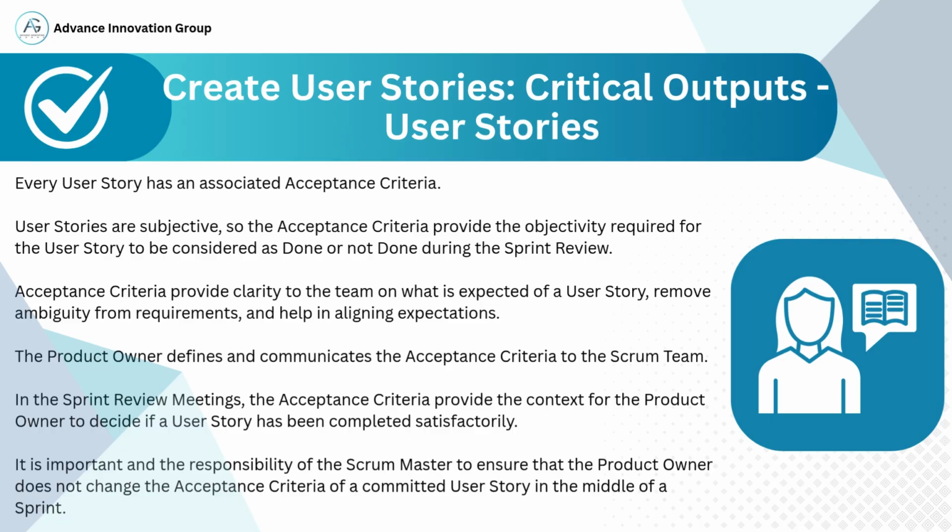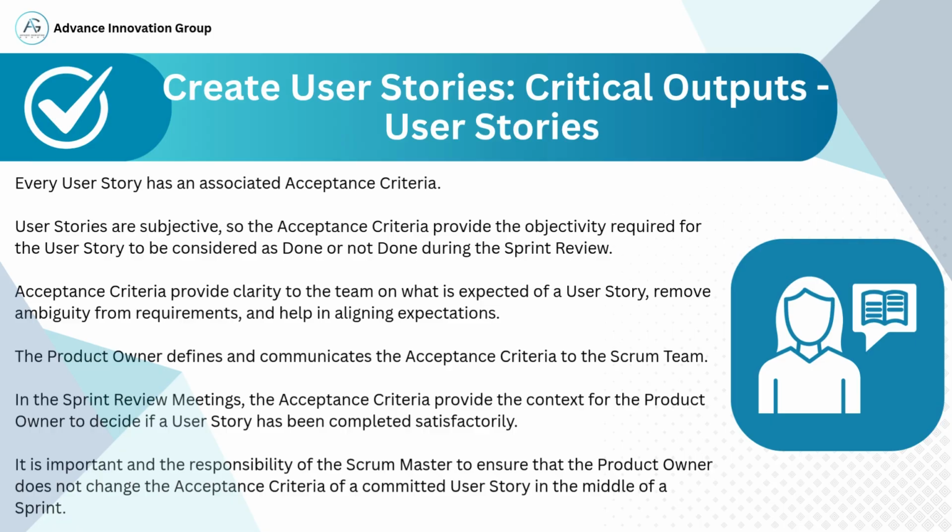Acceptance criteria ensure clarity, remove ambiguity, and act as a shared understanding between the product owner and the Scrum team. This makes it easier to validate whether a feature or functionality meets business expectations. These criteria are defined upfront by the product owner and communicated clearly to the team. During the sprint review meeting, the product owner refers back to these criteria to determine if a user story has